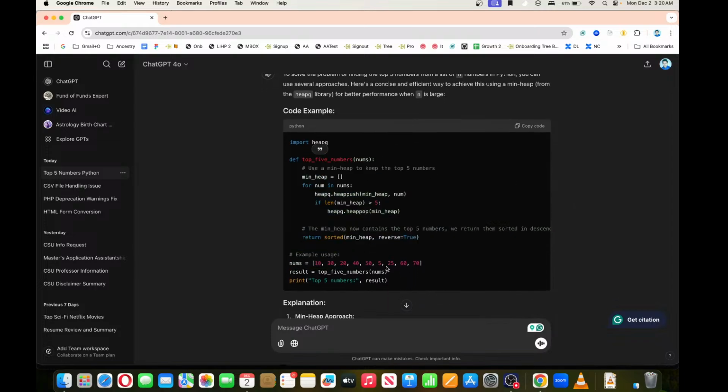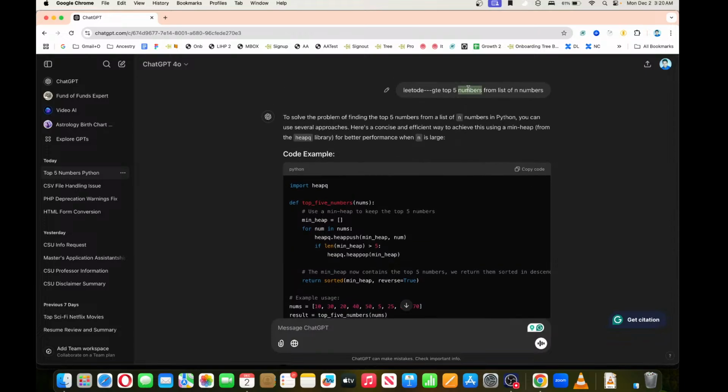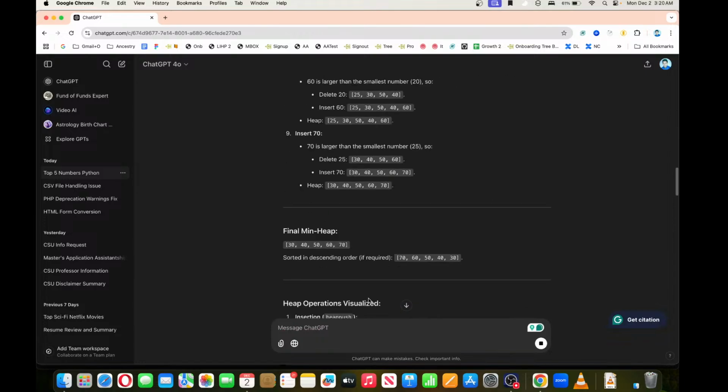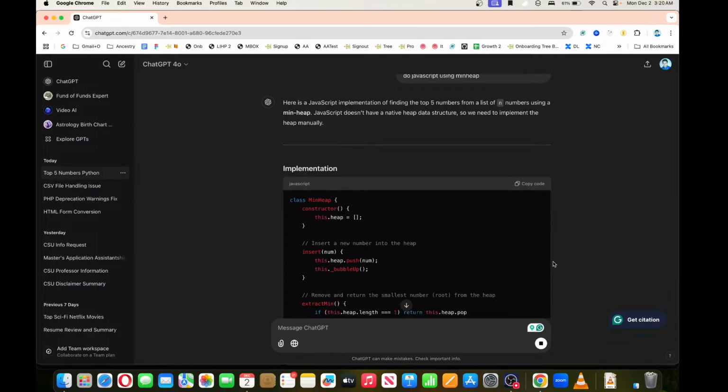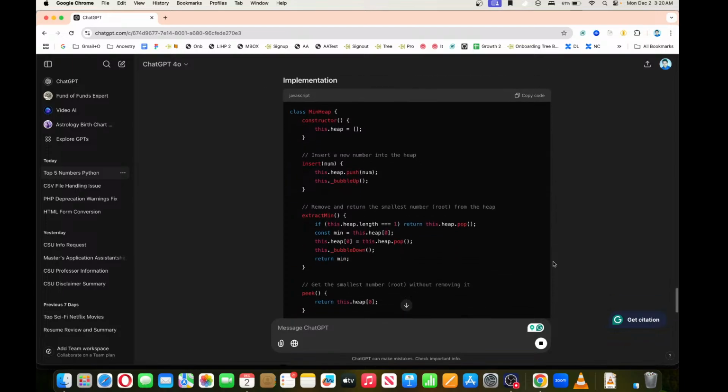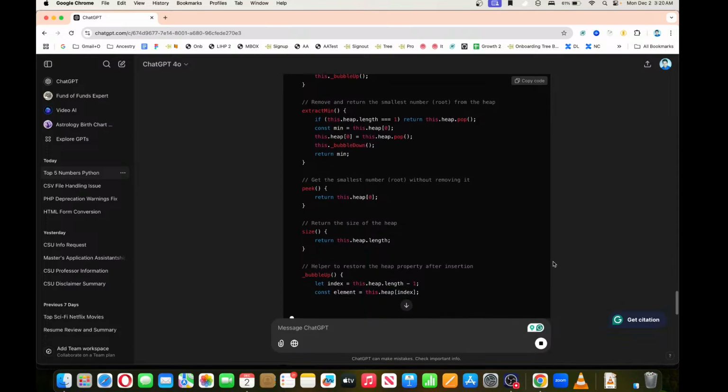I'm just trying to look at the code here. So minimum is empty, and then keep q is equal dot push. JavaScript does not have a native structure, so